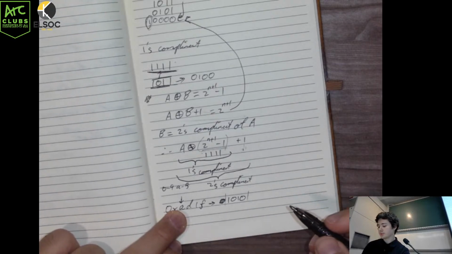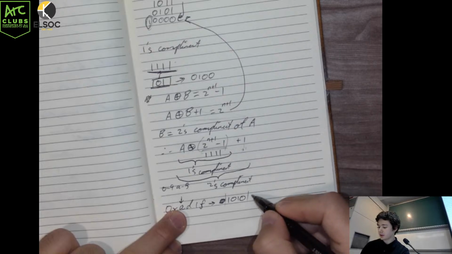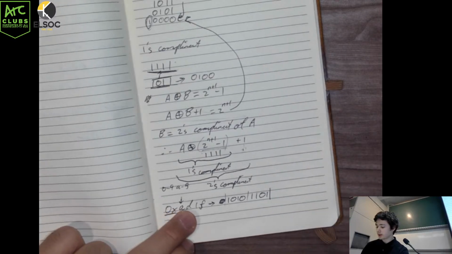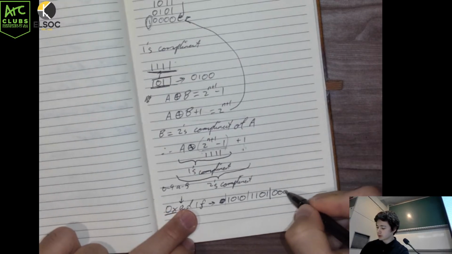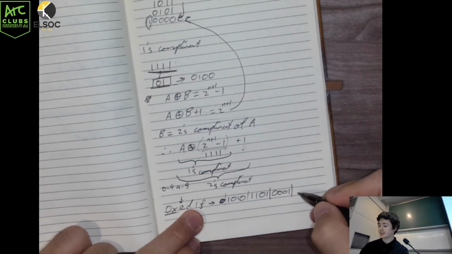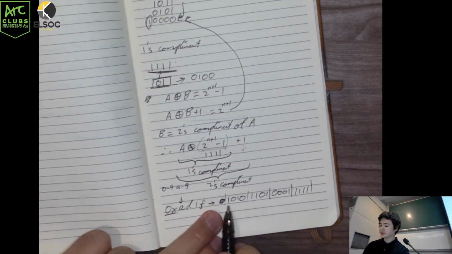D is going to be the fourth letter, so 4 plus 9, 13. We go 8. Now we need to add a 5, which is 1, 0, 1. And then 1 is just 1. And then F. F is very special because it is our last value. We know it is the greatest. Okay? So I've segmented this little